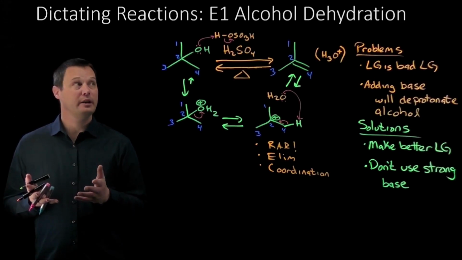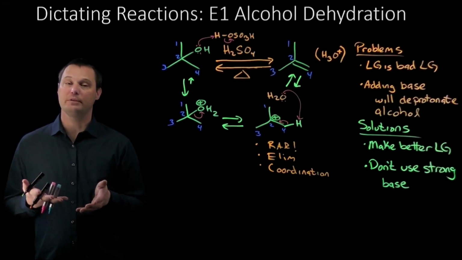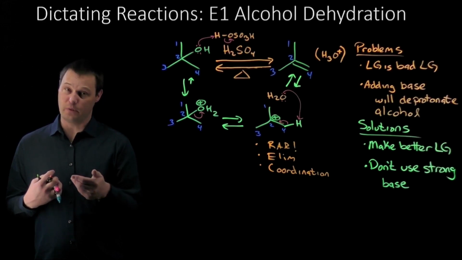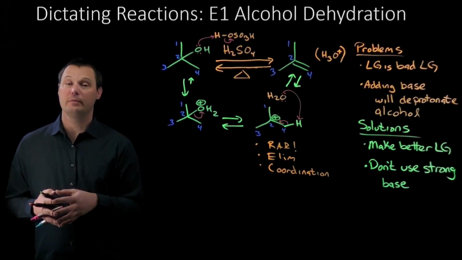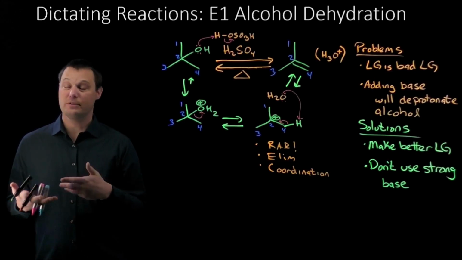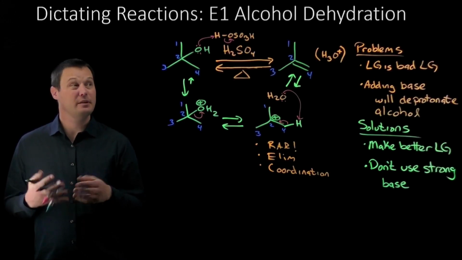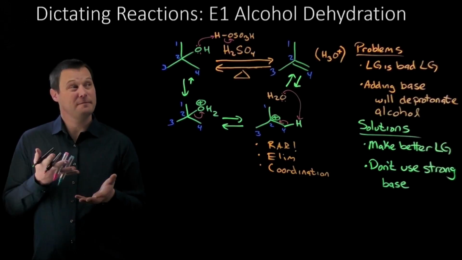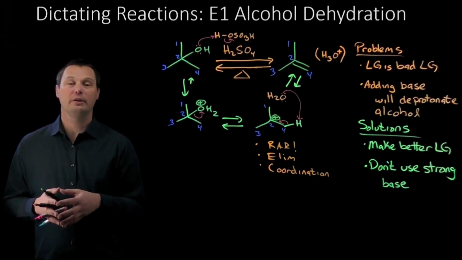This E1 alcohol dehydration goes through a carbocation which might rearrange. If we needed to do an elimination that avoided rearrangement, this would not be a good way to do that elimination of an alcohol. If instead I wanted to do an SN2 reaction, many SN2 nucleophiles are strong nucleophiles and strong bases and would be incompatible under an acidic condition. So while this is the first way that you might be seeing how to turn an alcohol into a good leaving group,